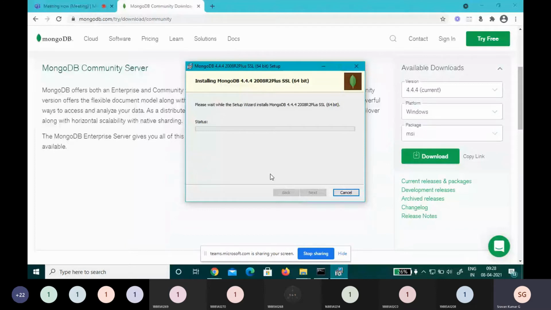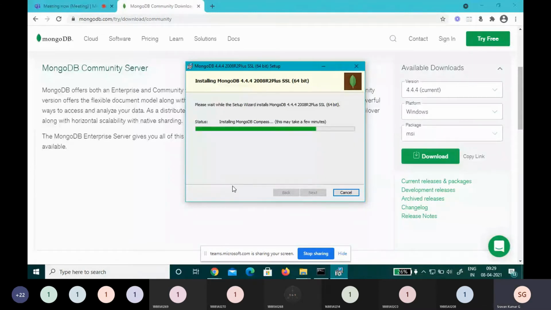This file is requesting to access my device. I'm clicking yes. Since that file is an authorized file from MongoDB, I have allowed it. If any file from unauthorized sources is accessing the device, don't click yes. Since it is from an authorized source, I'll click yes.